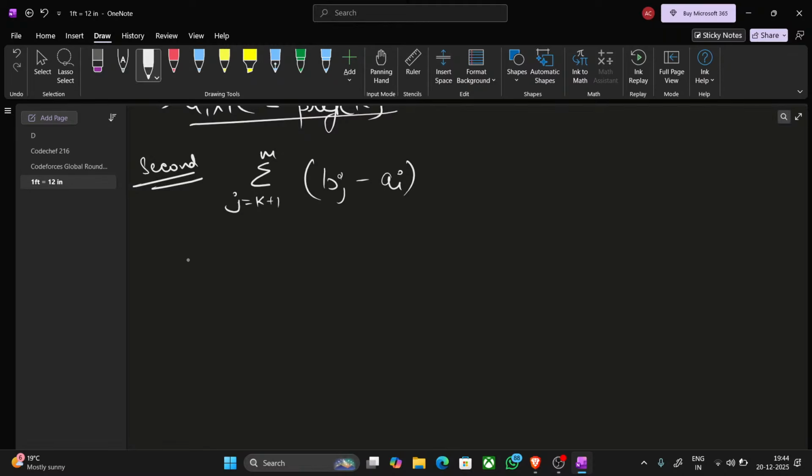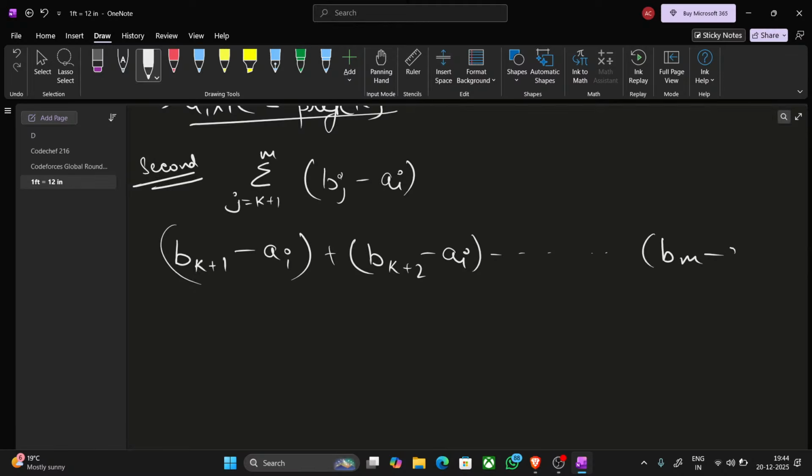Now, how will I write it? It will be written as b(k+1) minus ai plus b(k+2) minus ai up to bm minus ai. Now, again, you can see it is just b(k+1) plus b(k+2) plus b(k+3) up to bm